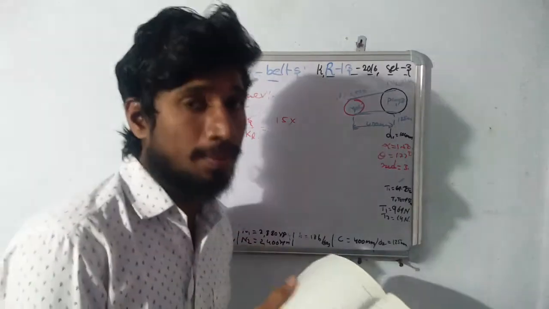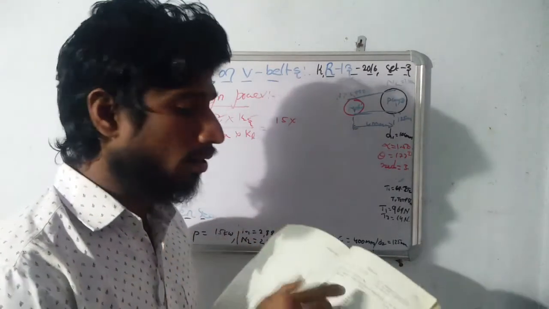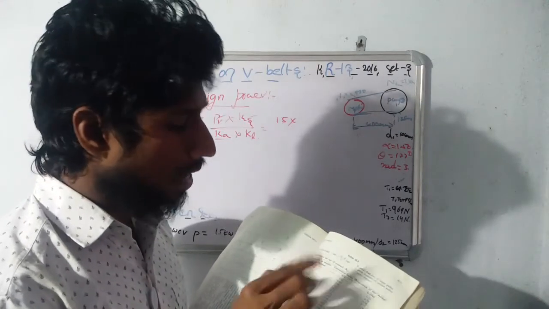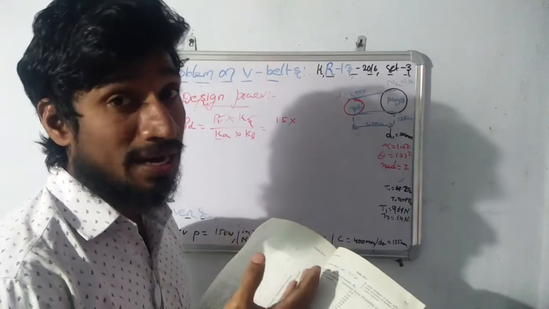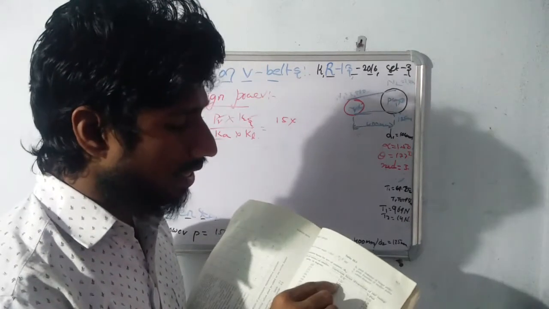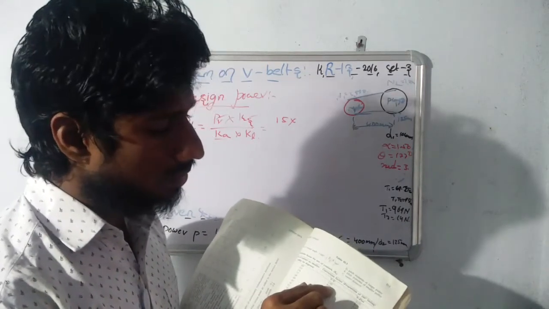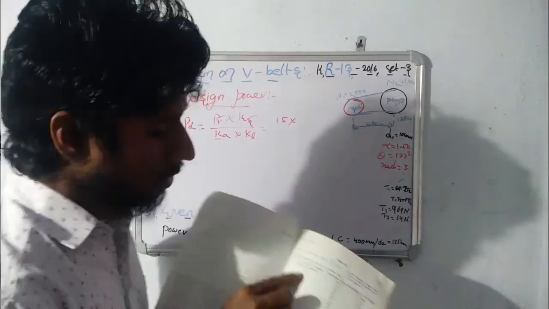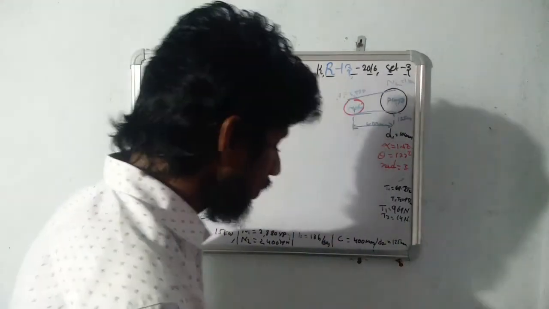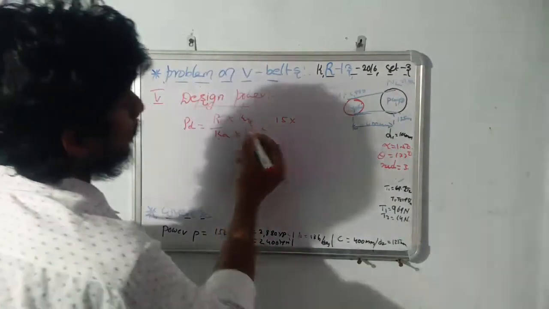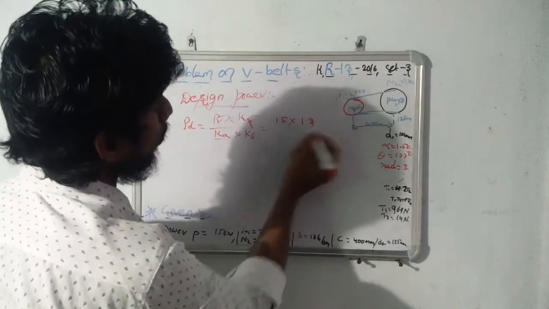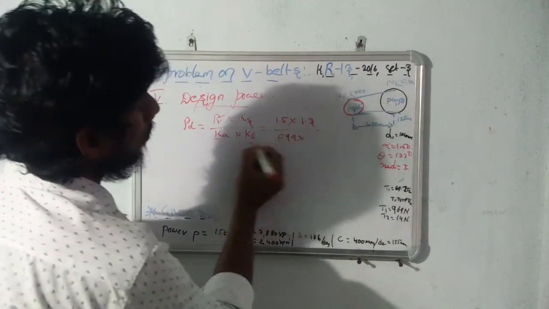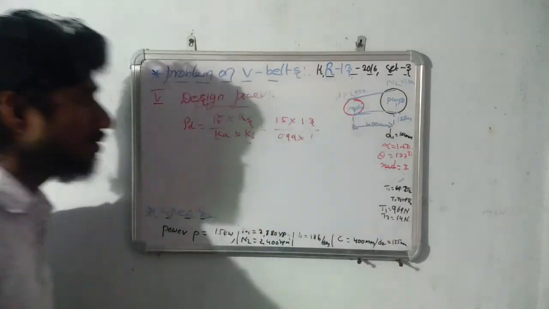If the problem mentions which type of belt, then using the given condition, consider the proper value. Here there is no mention about the type of belt. That's why, in the V-belt condition, I consider the Ka value, that is 0.99. And the KL value is a constant, that is equal to 1 here. Let's substitute. Ks is 1.3. What about Ka? 0.99, into the KL value, which is always 1.